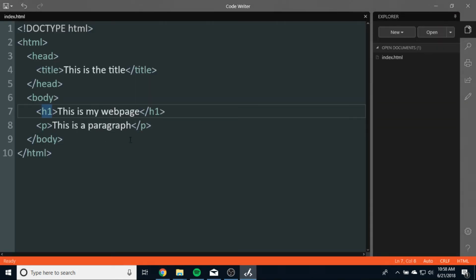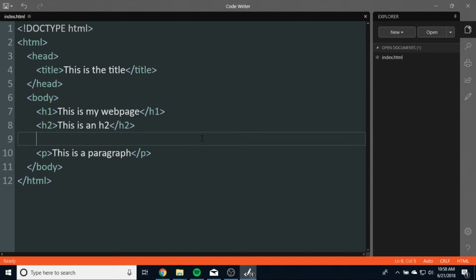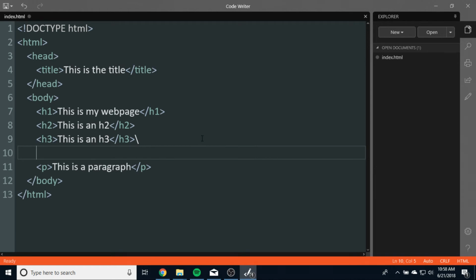So H1 stands for heading 1, but there can be other H's. H2, we can do H3, and so on and so forth, all the way down to H6. Oh, let's do an H6. Now, headings, what they do is they allow us to kind of separate our website